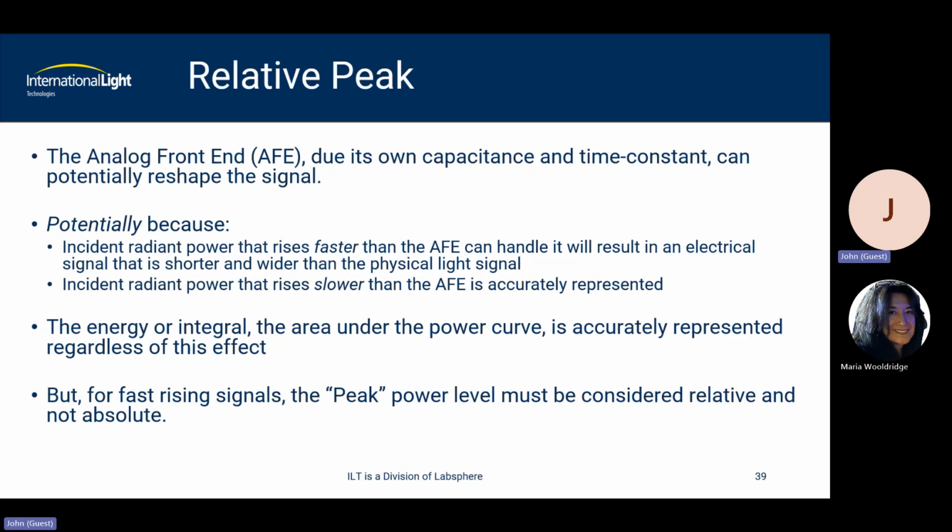Relative peak. So in references that we'll get to, we have a white paper out there that goes into a lot of detail about this. But the analog front end, so that's the light goes into the detector. The detector could do a little massaging, depending on the bias and how fast that signal is working. And then the electrical signal goes from the detector into what we call the analog front end. And the analog front end can reshape the signal, can slow it down. If our circuitry is slower than the actual pulse of light, we will slow it down to get the accurate